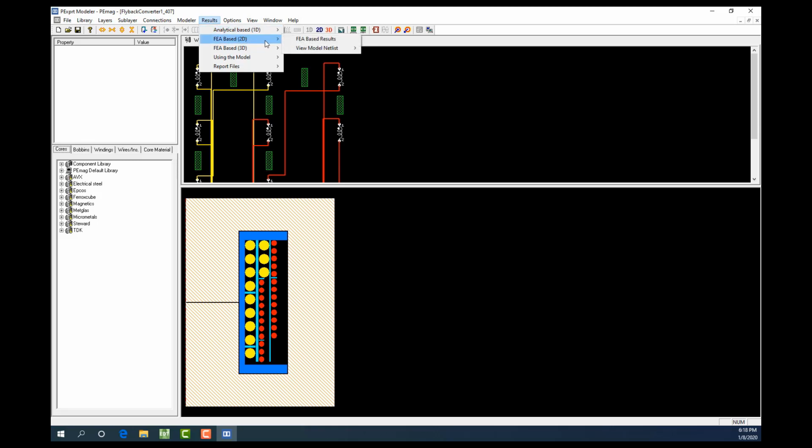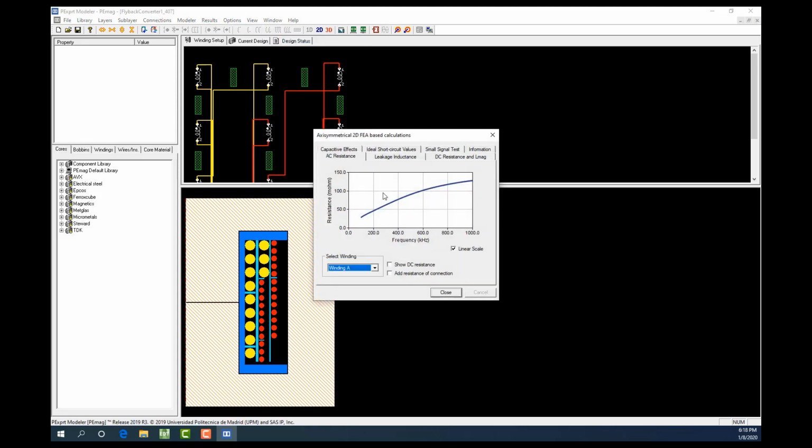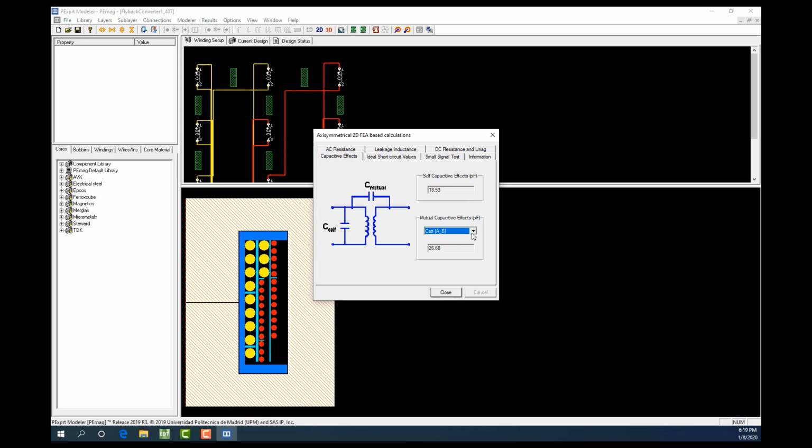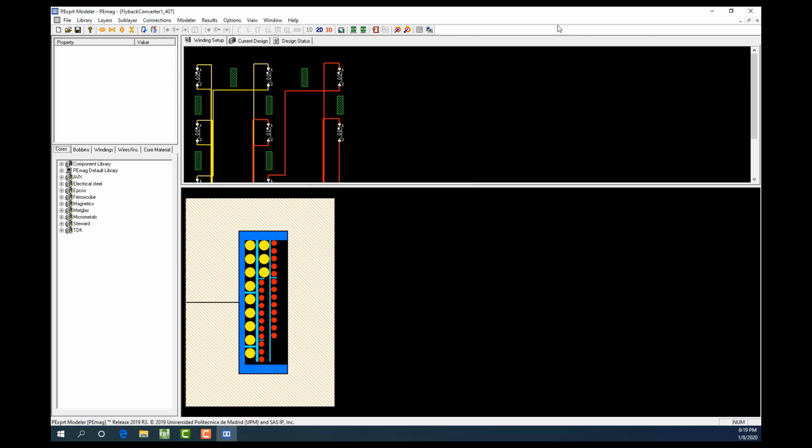So I come to the result of FEA-based 2D. As you can see here, I have the AC resistance at the frequency points that we set up. And I have the results with all the windings. I also have the results for the DC resistance. Here we also have the inductance, and the capacitance is also calculated. So